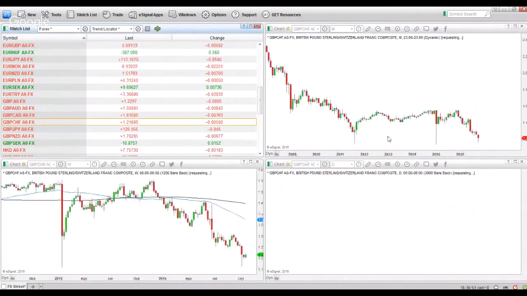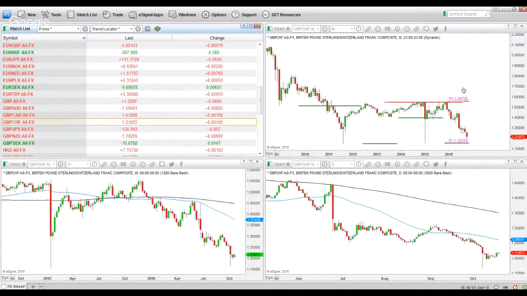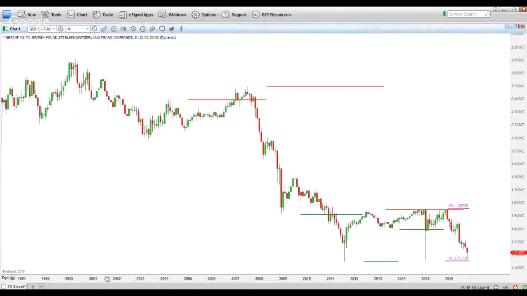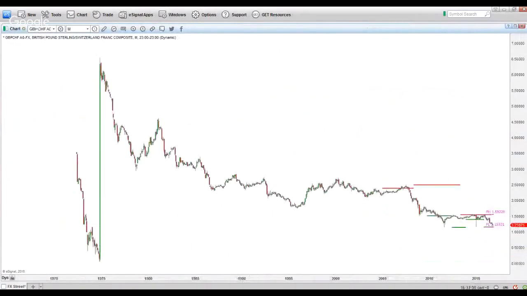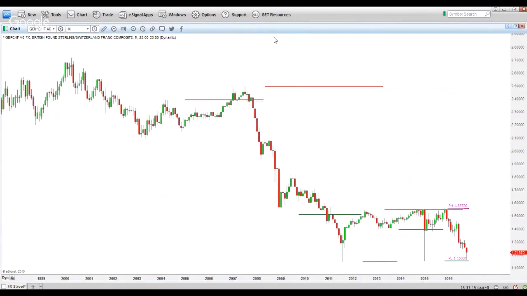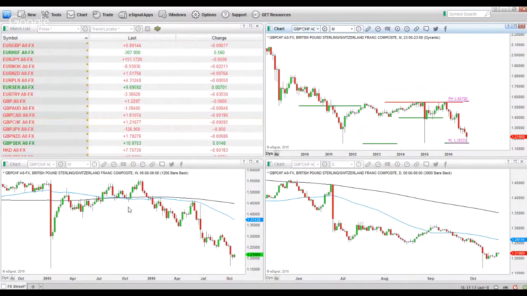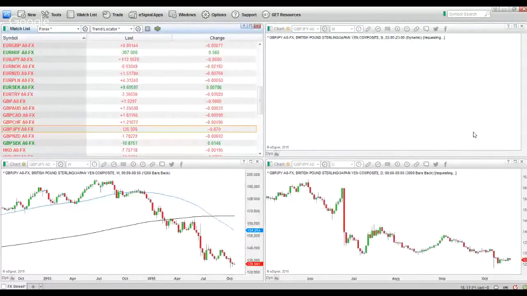Quick look at the pound Swiss franc, as already mentioned, inside the pink lines. Now, if I open the chart and if I compress this, we can see that if price breaks out of this, price breaks and closes below this support and the figure 1, look at the potential weakness. Lots of space to move, potentially. So one to keep an eye out on if we get a breakout to the downside. Weekly and the daily are in alignment, as are the others on the other currencies, but not one that I want to trade until it breaks the pink lines.